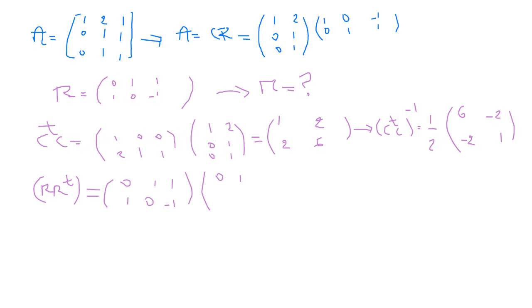It should be 0, 1, 1, 0, and I guess it's 1 minus 1. And I end up with a 2 by 2 matrix. So I have 2, then I have negative 1, I think. Then I have a negative 1, and finally I have 1 plus 1, which is 2. So the RRT inverse